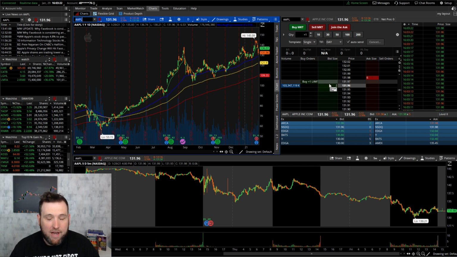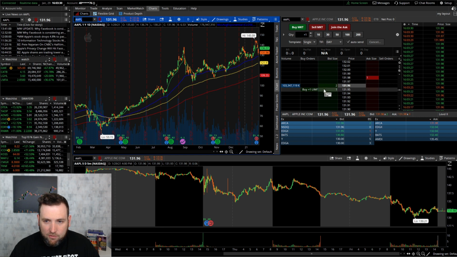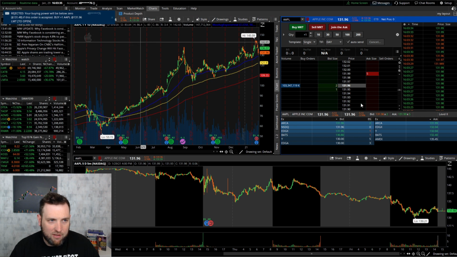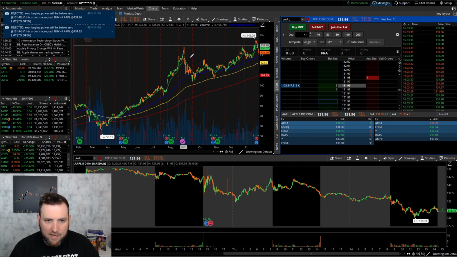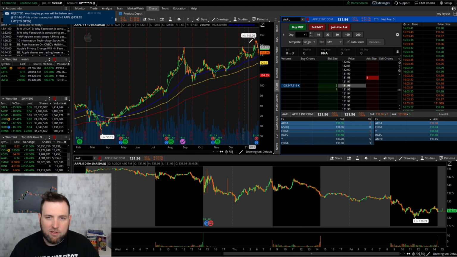Because I'm on a cash account, my funds won't be settled until the following business day. Then I would have some funds, but right now, because it's later in the day, I do not. So these orders are not going to stick. You can see if I click on there, it says rejected, buying power. But wherever you click, it'll put that limit order in and it will stay until the price comes down